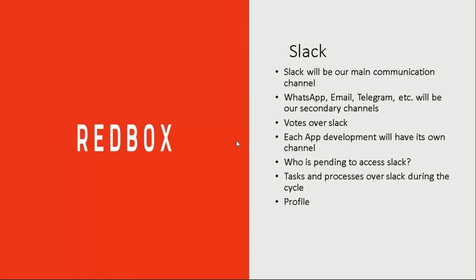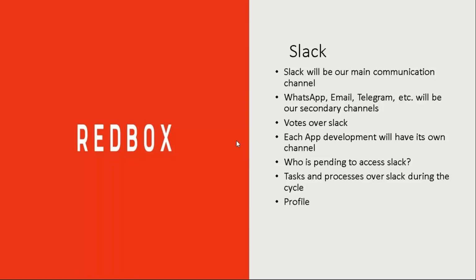That means that, as I said, we will have some calls, one week the working session, the other week the training session, but we will have tasks and processes to work with during those weeks. So the project will be moving forward, even if we don't need to wait until the next call to move the project forward.